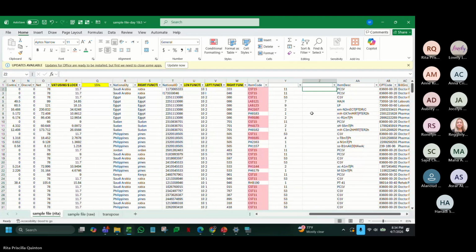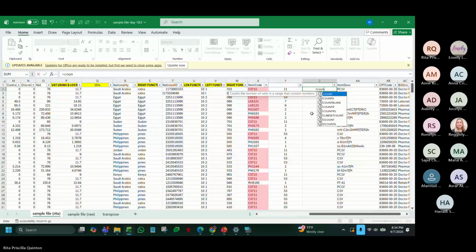Now, we will combine the lessons from the past few days. COUNTIF this contains this. And then I will make x1 absolute.